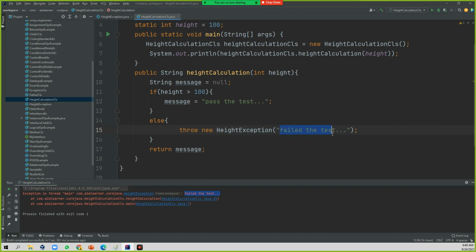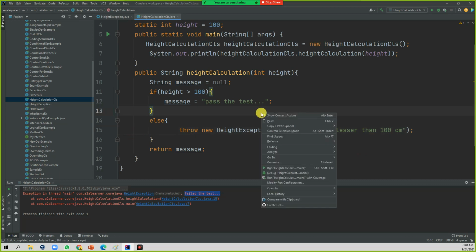Or instead of failed, you can just put your height is lesser than 100 centimeters. Let's put that. So this lesser than 100 centimeters is the reason this test failed.